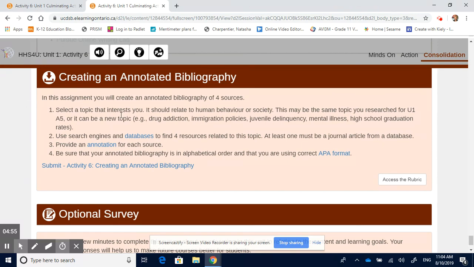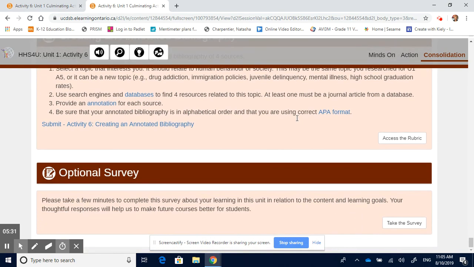So select a topic that interests you. It can be human behavior, society, whatever you're interested in. It could be one that you've already talked about in the Unit 1 itself, or it can be a new topic. That's up to you. Find some databases, find 4 resources related to this topic. Create an annotation for each source. Now make sure you have at least one journal article from a database like ERIC. Okay, and be sure that your annotated bibliography is in alphabetical order. That's really, really important, and that you're using APA format. Once you've completed that annotated bibliography, hit submit, and that's the second part of your assignment 6, and you're finished